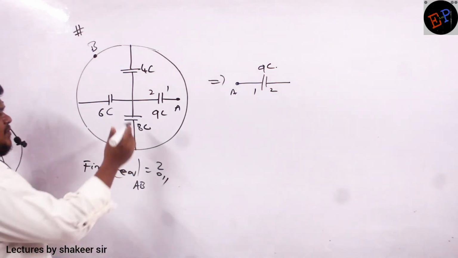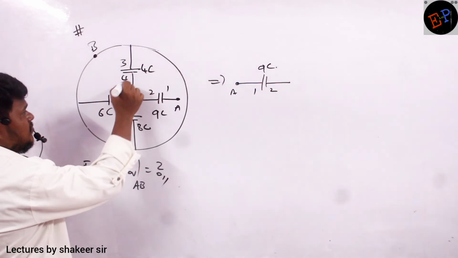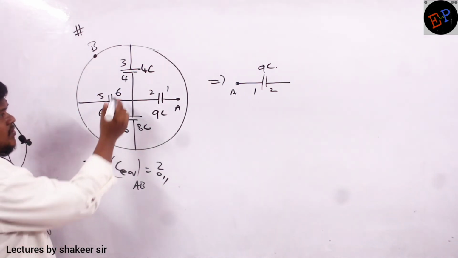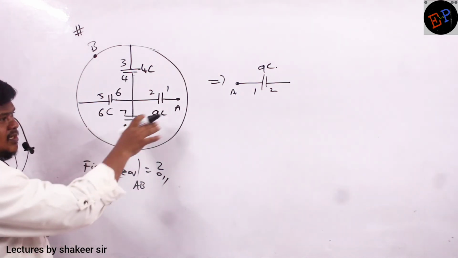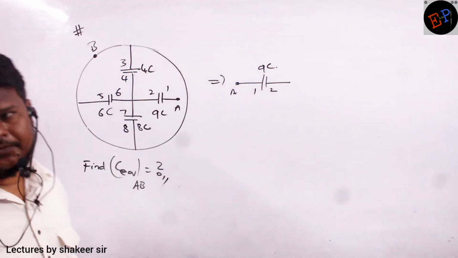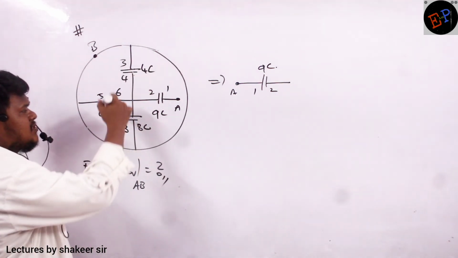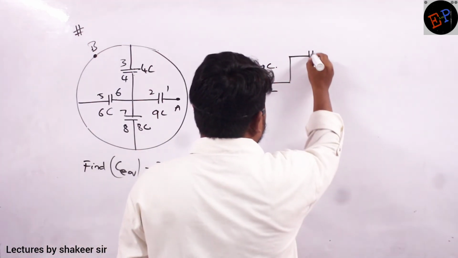Okay? So to this plate, if I name these plates 3, 4, 5, 6, 7, 8, which plates are connected? The fourth plate, sixth plate and seventh plate are connected, no? It means all of them should be at the same potential. Same potential in the sense that these three capacitors must be parallel to each other. It means I have to draw the circuit like this.